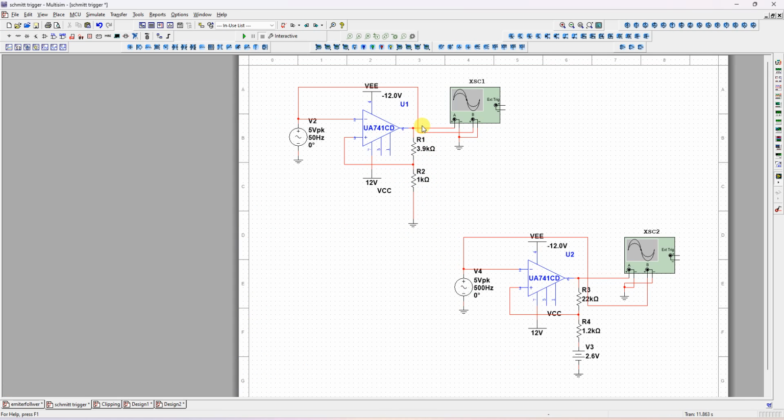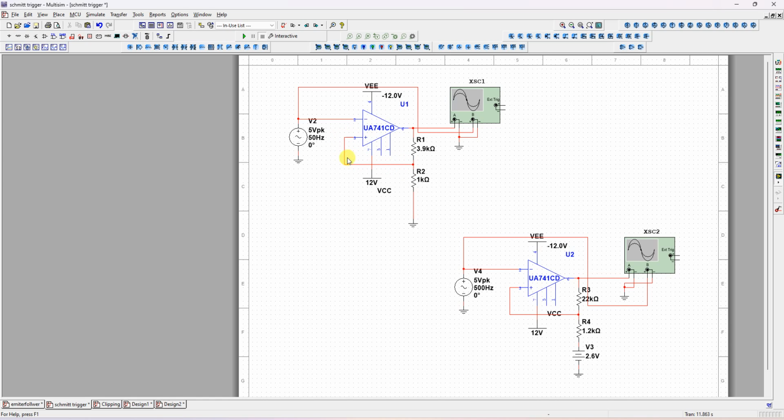So the output of the comparator is always plus V naught SAT or minus V naught SAT. Whenever it is plus V naught SAT, the current in this path is voltage divided by resistance: V naught SAT divided by R1 plus R2, and the drop across R2 is your reference voltage. So whenever the output is positive, plus V naught sat divided by R1 plus R2 into R2 is the UTP value, and when the output is minus V naught sat, minus V naught sat divided by R1 plus R2 into R2 is the LTP,